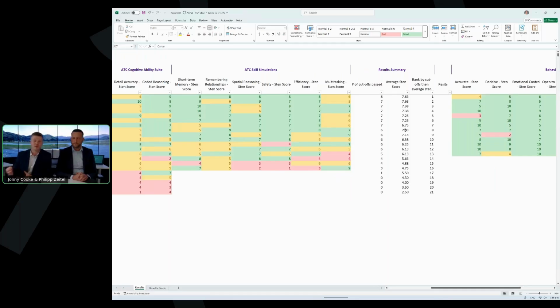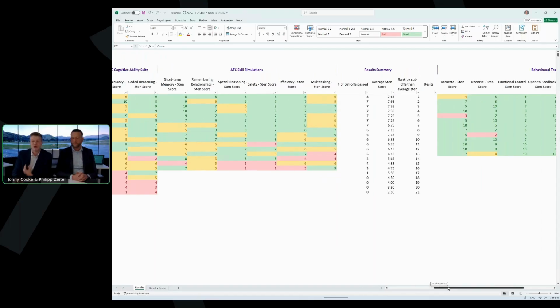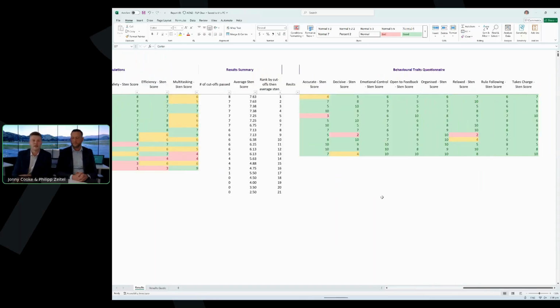Often, depending how many you're wanting to bring into your training, you will get a line that is the easy admissions. You will then get the line where it's a bit more of a grey area. We're typically fairly strict around the left side of this table, which is the skills and technical ability stuff. If you don't meet the criteria for any number of these, you will not be invited. However, for the behavioural traits, which is the ones out to the right here, we have a bit more flexibility.